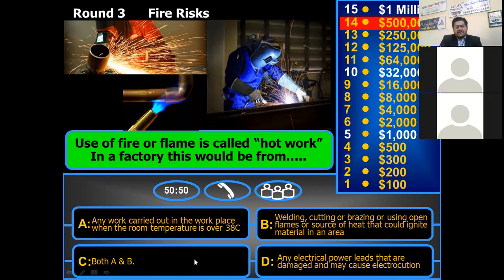$0.5 million, question number 40. Use of fire or flame is called hot work. So what is the definition of hot work? That is the question, by the way. $0.5 million. Use of fire or flame is called hot work. In a factory, this would be from